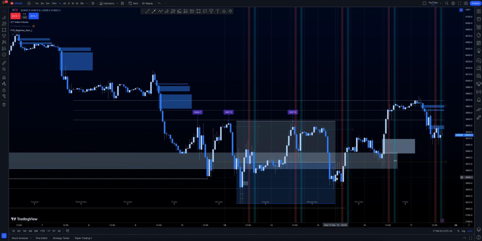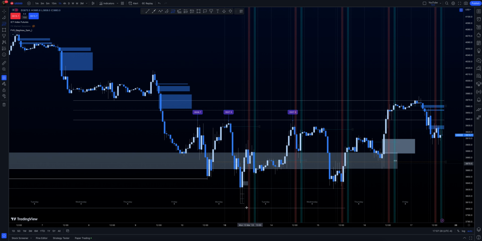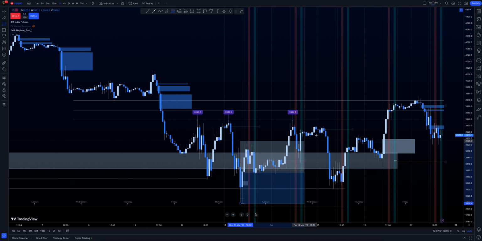And also a key point for me, a key turning point in my success with the ICT concepts, is the role reversal. So where we're ebbing and flowing here, price was unable to stay below this level, and this was the draw on liquidity because we'd taken the sell side here. And this is in fact a retail inverted head and shoulders, where you've got the left shoulder, the right shoulder, and the head. But what it actually is, as ICT teaches in his 2022 mentorship program, is advanced market structure. So where we've got this confirmation of the dealing range high, and then it's just for entertainment purposes,